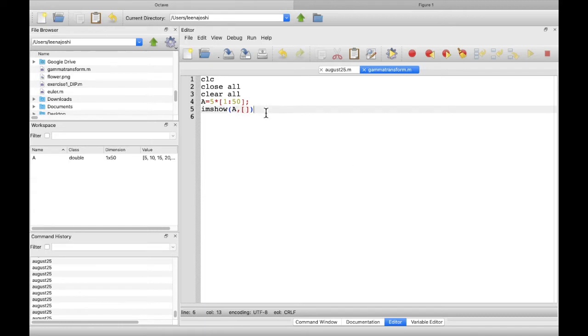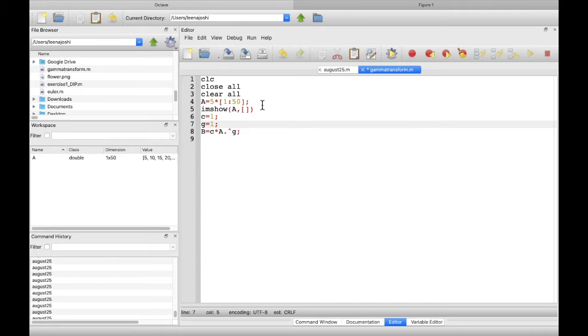For gamma transformation, we know that the equation is C into, so if my input is A and let's say output is B, so my equation would be B equals some constant C multiplied to A. Now because it is array operation, I will put a dot and raised to the power gamma, which let me define as G. So in order to use this equation for gamma transformation, I have to define C. So let us first start with C as 1 and let us take G also as 1 in the beginning. So there would be no change.